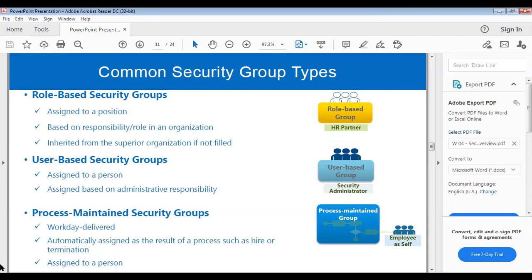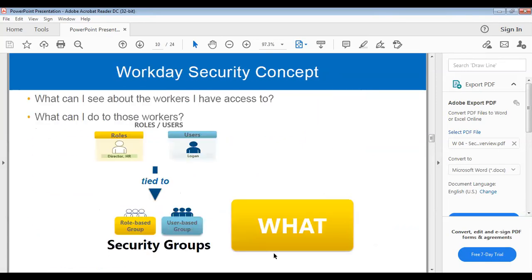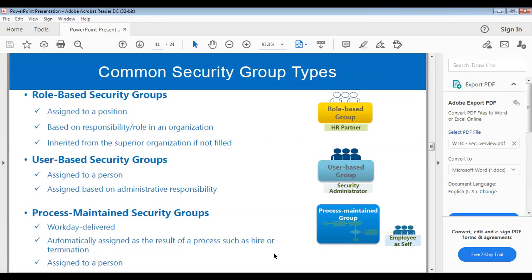For example, if I'm hired for any organization, I need to see my profile, my activities, my self information. So some type of security, process maintained security, will be assigned to every person, like employee self. There are some security groups that will be automatically assigned to you when you are hired for your organization. They are nothing but default security groups.